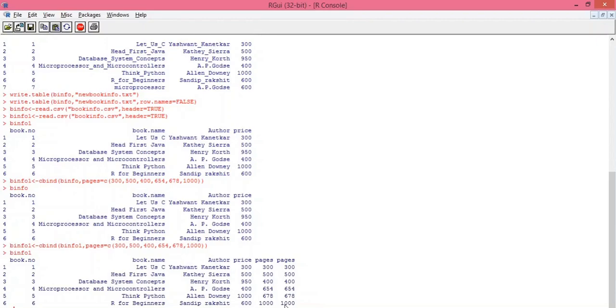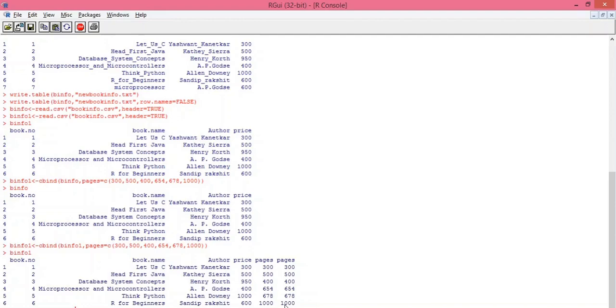Now let's export this data by using the write.csv method. Here again we need to specify the name of the data frame that we want to export, and after that we need to specify the name of the CSV file where we want to export this data.